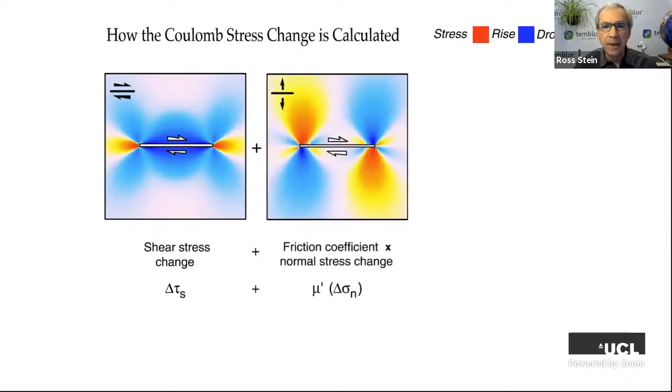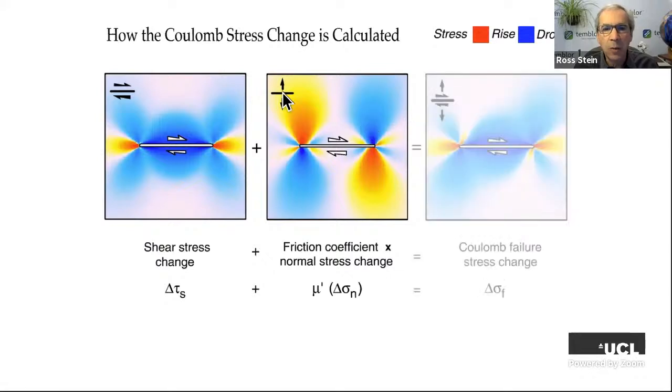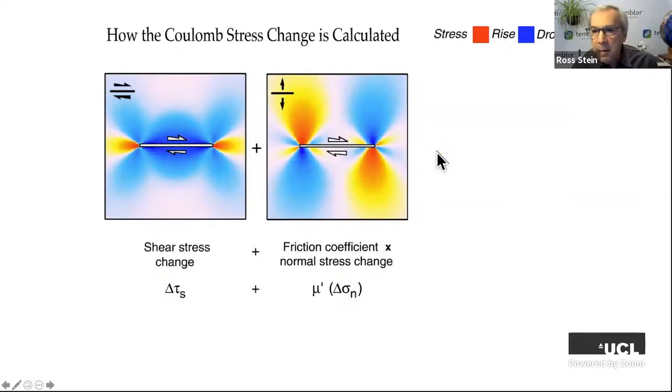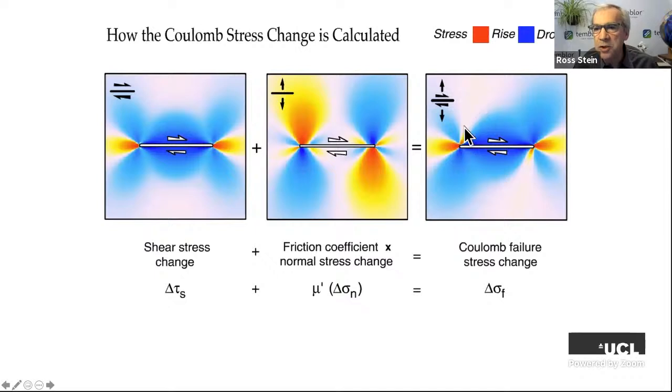Okay, what about unclamping? So these lobes, which look quite a bit like the traditional compression and tensional lobes, are where we're unclamping the fault. And we multiply this unclamping times the friction coefficient. Let's just think about 0.6 or 0.7 or something. And we put those two together and we have the Coulomb stress. What's interesting about it is it's got these areas, the blowtorch zones beyond the tip, but it also has these side lobes too, where the effect of this unclamping is more profound.